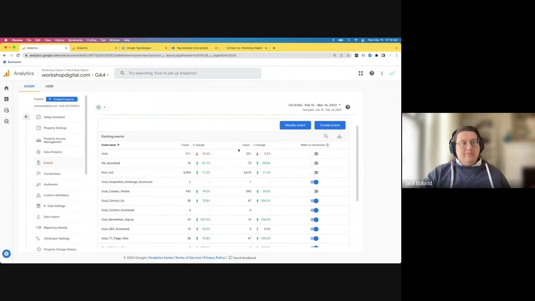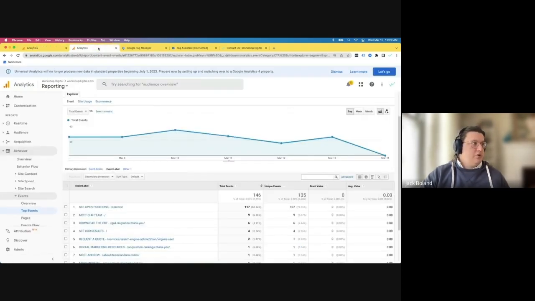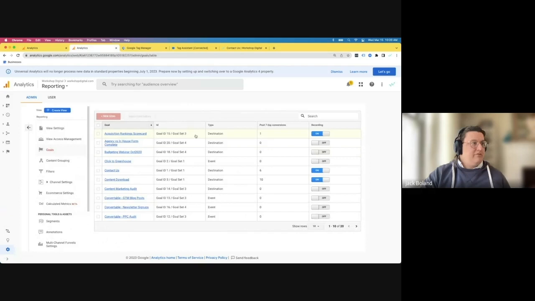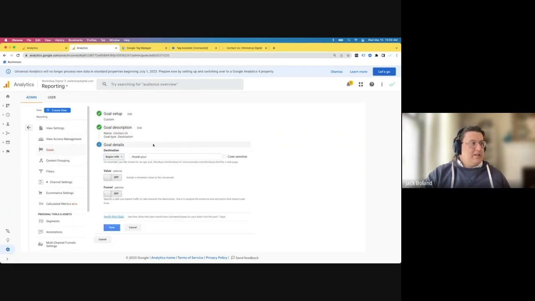Sometimes, though, you're already tracking an event and you just want to segment out a particular version of that event. The closest comparison to Universal Analytics would be goal completions that are set up based on destination pages. We have plenty of those within our account, which I'll show you in Universal Analytics. Going over to admin and goals for this reporting view, we can see that there are several destination-based goals. So let's go over to Contact Us, and we'll see our details based on this destination goal is any page views that begin with this /thank you